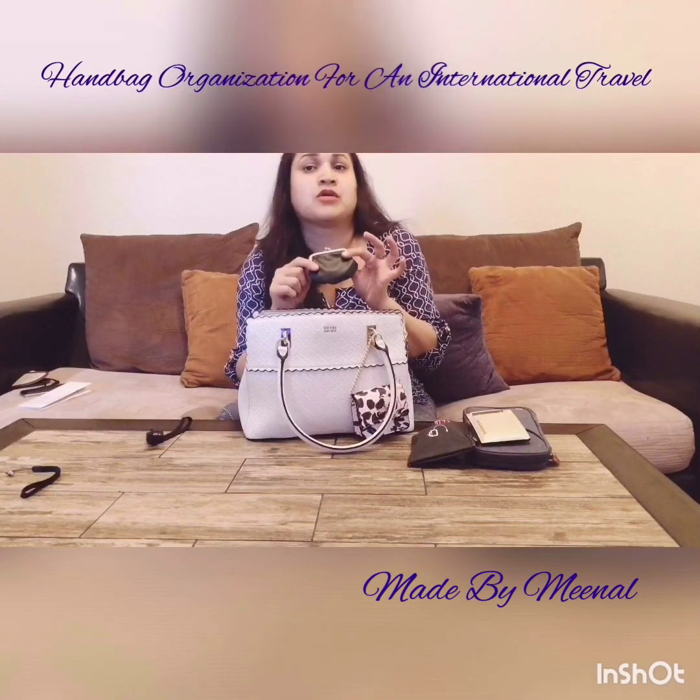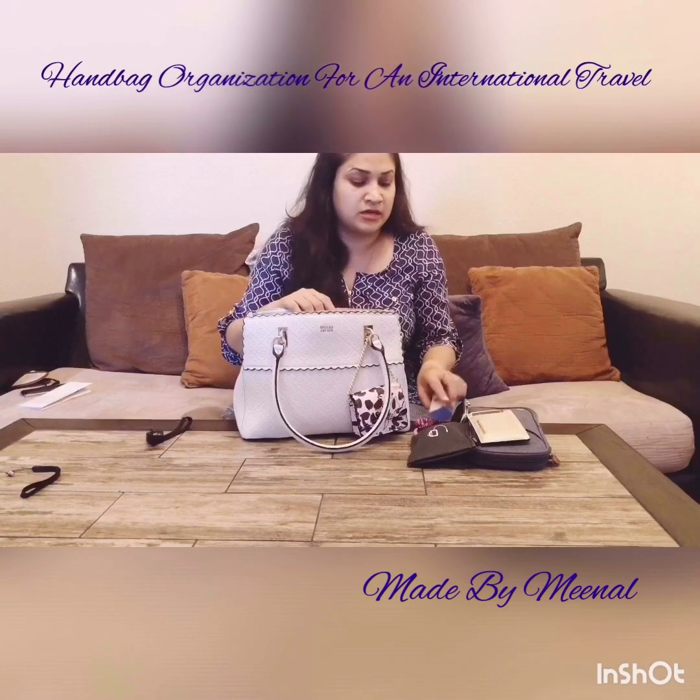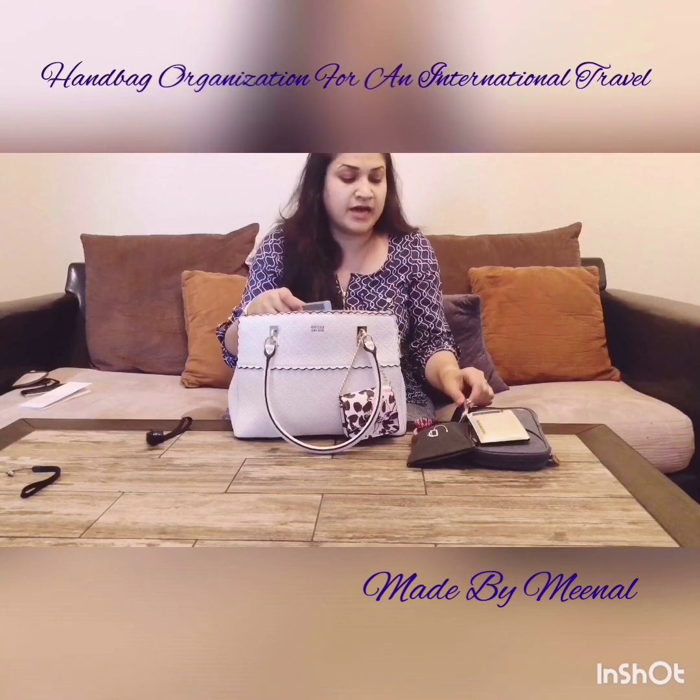Then I have this tiny coin purse. Just a quick tip guys, never keep your change with your money bills. It's a tiny vastu and a feng shui tip. Never keep your coins with your money bills if you trust in anything like that at all. So they say that, to keep the positive energy going with your money, it's advisable to not keep the change with your money. And one more tip is that you should not keep the receipts of